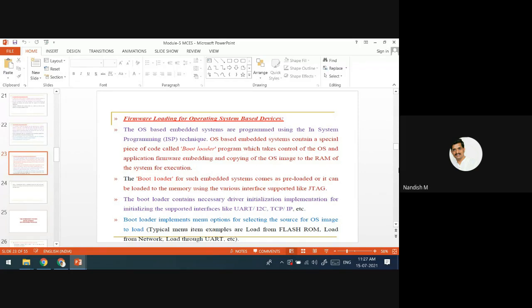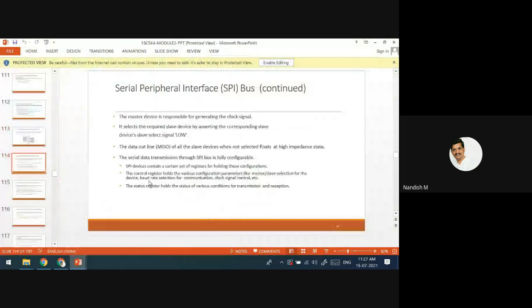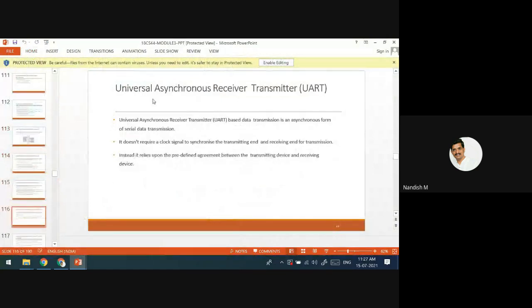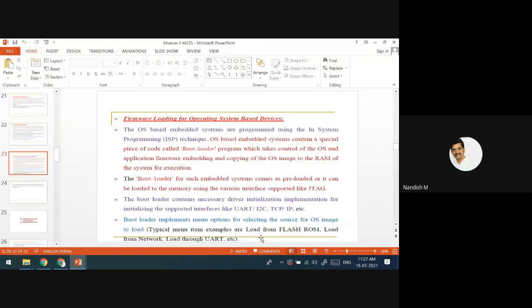You learned about this UART, the Universal Asynchronous Receiver Transmitter, when we were discussing it. Using this, you can load the OS in these ways. That option is given by the bootloader.